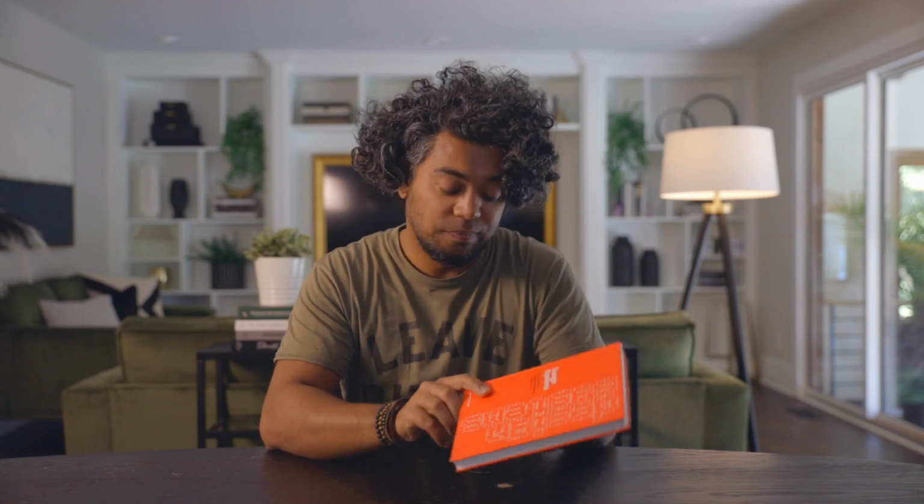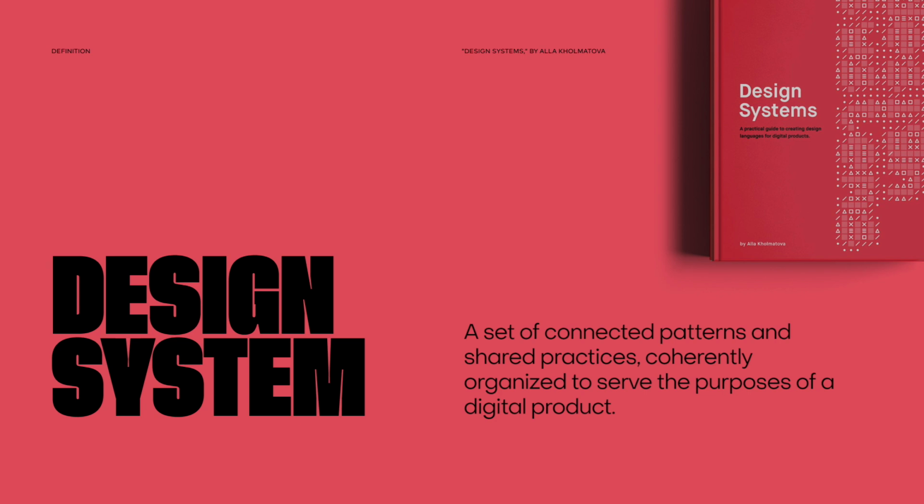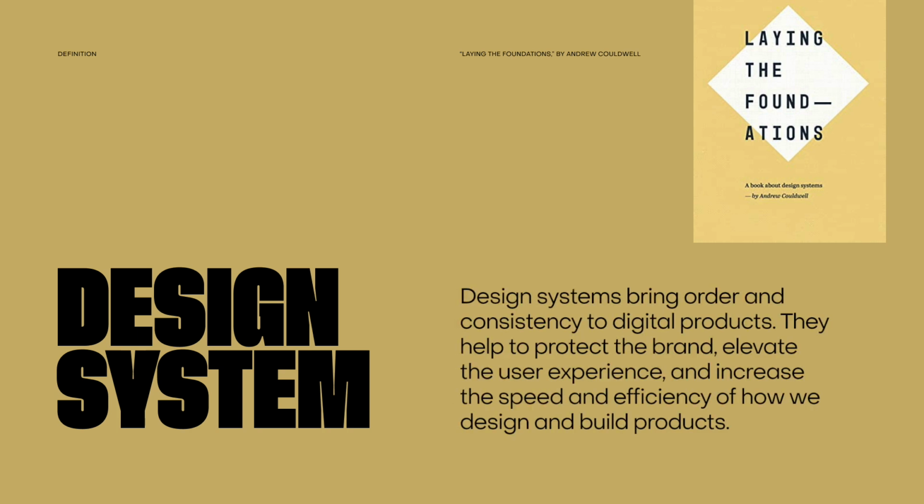Here is Alla Kholmatova's Design Systems. In this book, Alla Kholmatova says a design system is a set of connected patterns and shared practices coherently organized to serve the purposes of a digital product. In Laying the Foundations by Couldwell, Andrew says, design systems bring order and consistency to digital products. They help to protect the brand, elevate the user experience, and increase the speed and efficiency of how we design